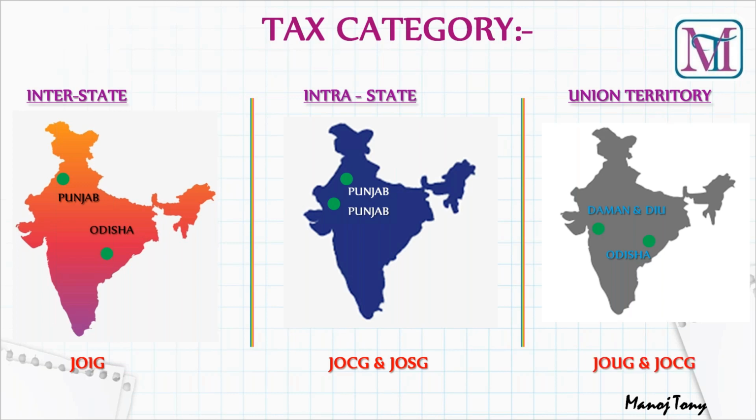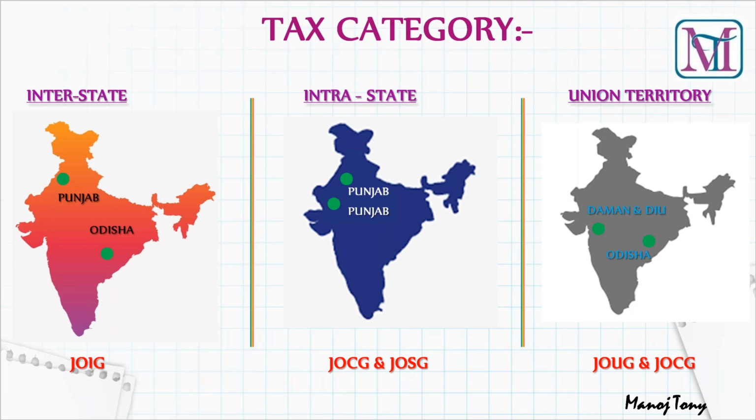So two sales tax condition types will come into the picture, that is JOUG and JOCG. JOUG stands for Union Territory GST and JOCG stands for Central GST. If we talk about interstate GST, we have only one sales tax condition type, that is JOIG, for tax. Apart from interstate GST, for intrastate GST and union territory GST we have more than one sales tax